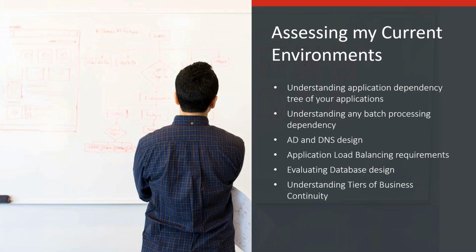Understanding what applications are doing batch processing and sending files to maybe a mainframe or mid-range, or how they are communicating via other mechanisms. I've seen applications that have FTP processes, or they may communicate differently by sending information to target locations.